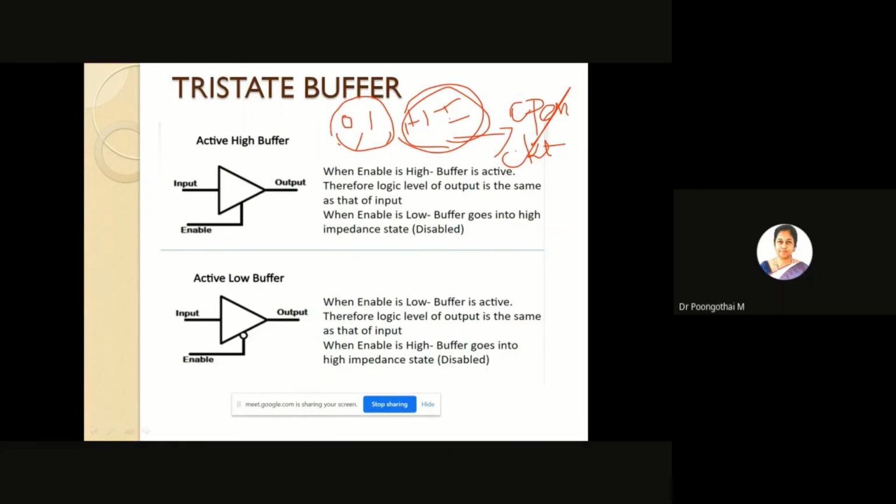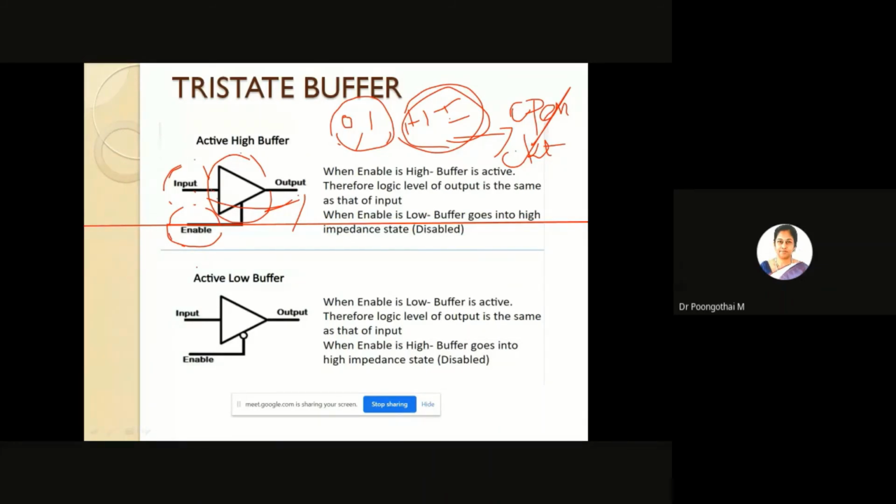So these devices are provided with one signal that is called the enable signal, that is, the chip select signal. Your high impedance state or logic 0 and logic 1 depends on this enable. According to this diagram, this is a buffer. Buffer means just transferring the data from input to output without any processing. And the operation is completely based on this enable line.